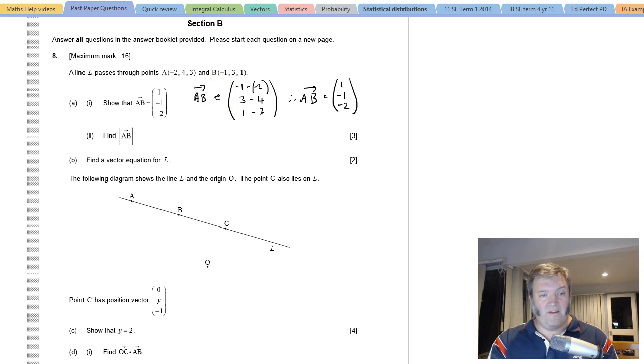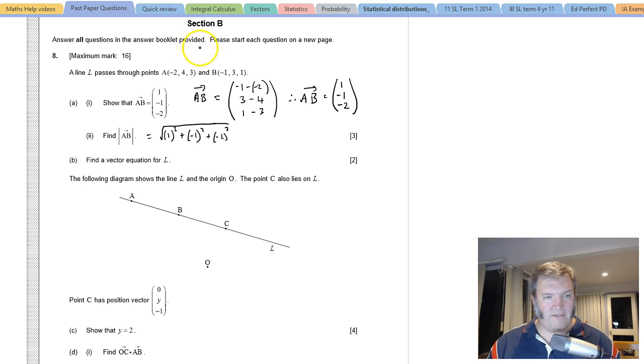All right, the next bit. Find the magnitude of AB. Remember, magnitude, we're just going for a bit of Pythagoras here. Pythagorean 3D, really easy. It's just the square root of each of the component vectors squared. So square root of 1 squared plus -1 squared plus -2